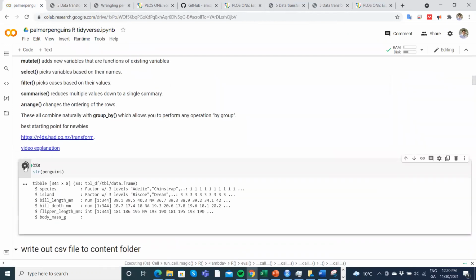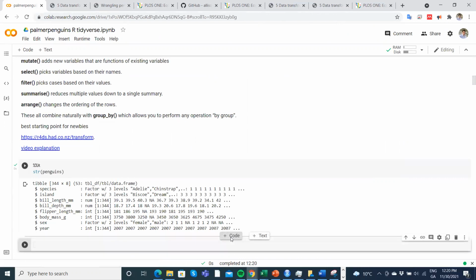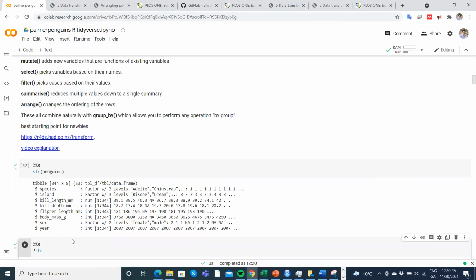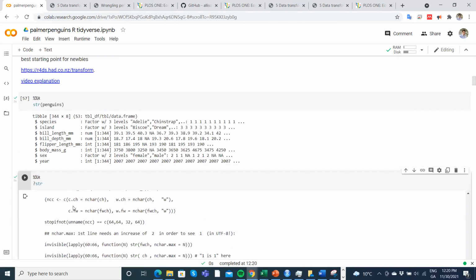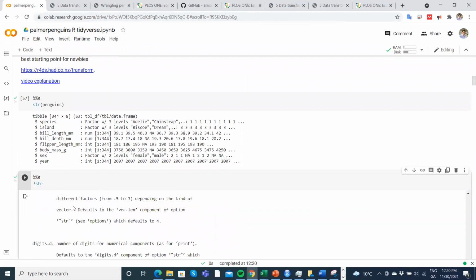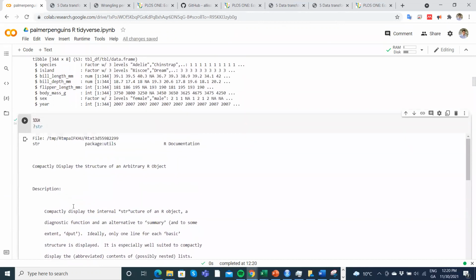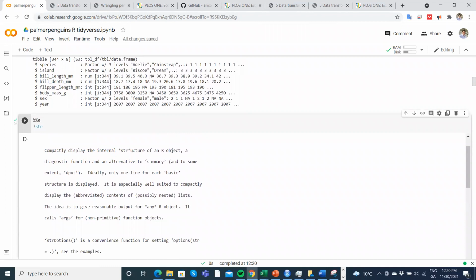If we run the str command on penguins, we get an overview of what's in the dataset. If you don't know what str is, we can always query it. Again, if you go into %r and put a question mark and then str and you execute, you can go to the help menu to find out what's in there. It takes a while, it would appear, but we can see that command compactly displays the internal structure of an R object, a diagnostic function, and an alternative to summary,